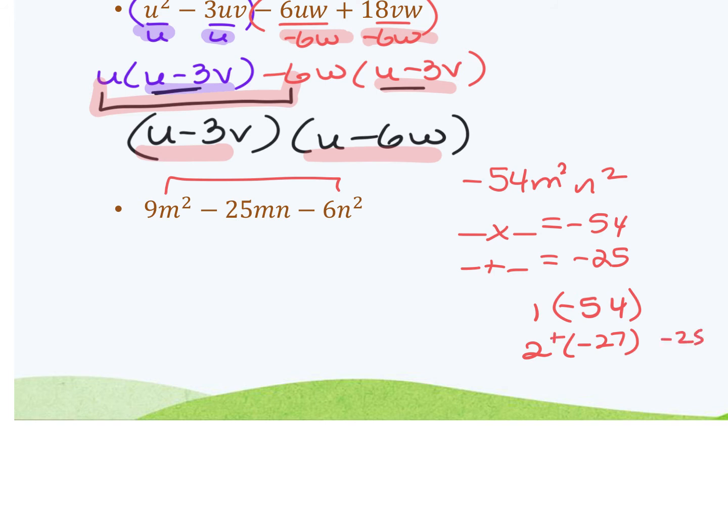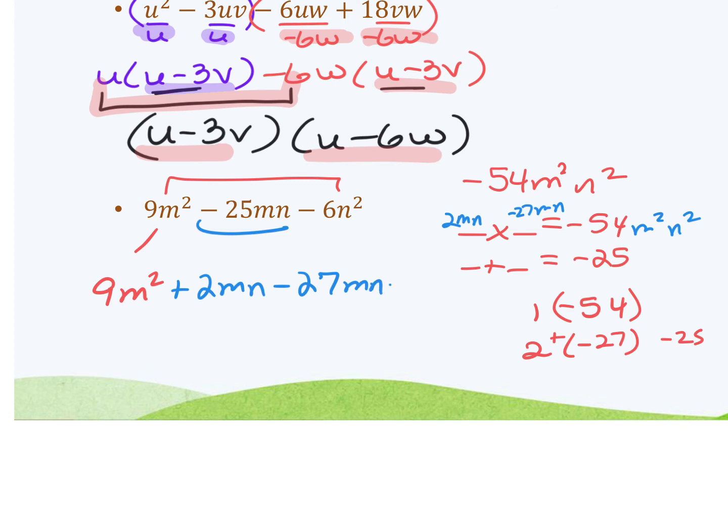So these are going to be my two factors, positive 2mn and negative 27mn, which is going to give me the negative 54 m squared n squared. So again, rewrite the first term, 9m squared. Replace this middle with the two factors you just found, and the order that you place them in here doesn't matter. If you would have preferred to put the 27 first, it works as well. It doesn't really matter. So now that I have my 4-term polynomial,